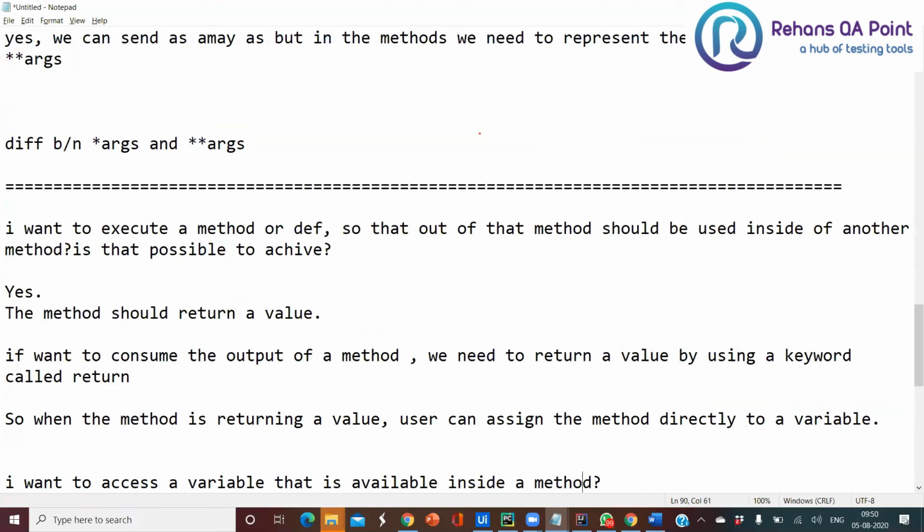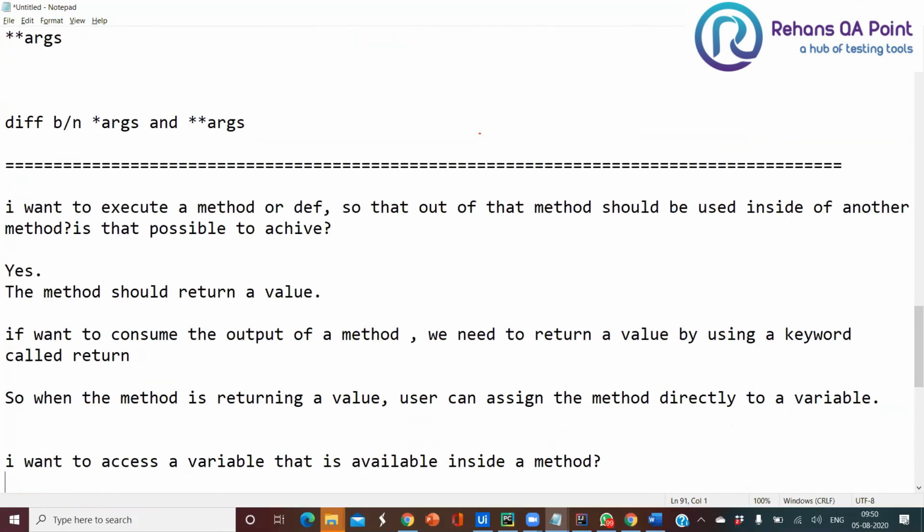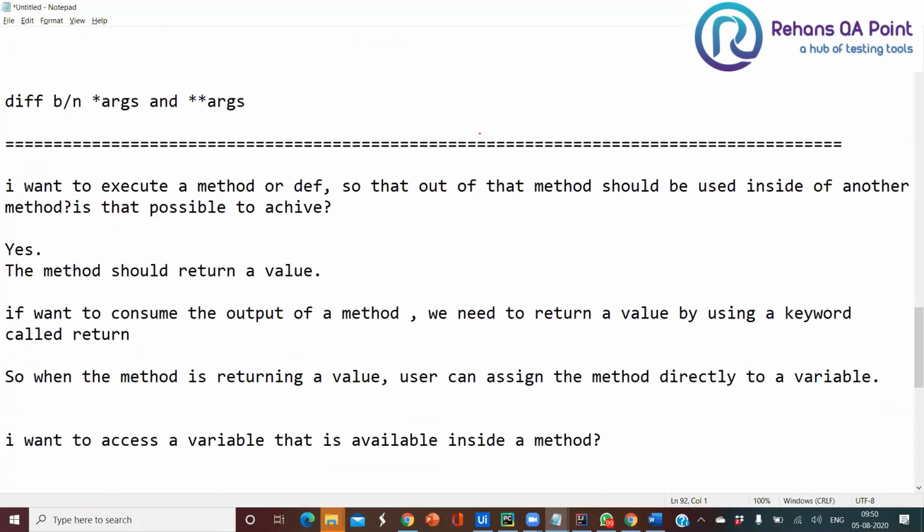Is that possible? Ideally, no, but there is a way of doing it.